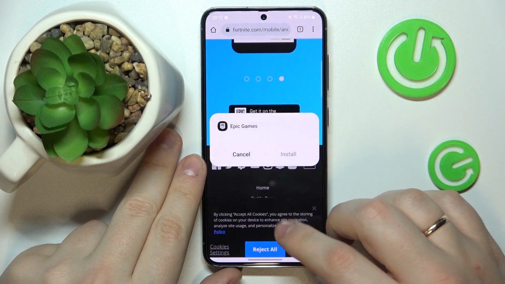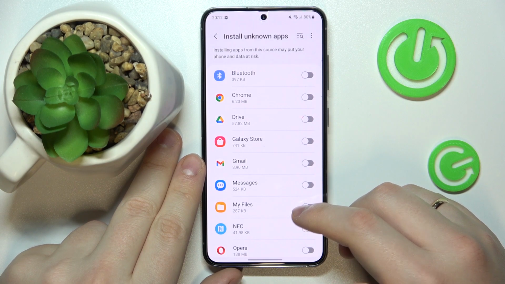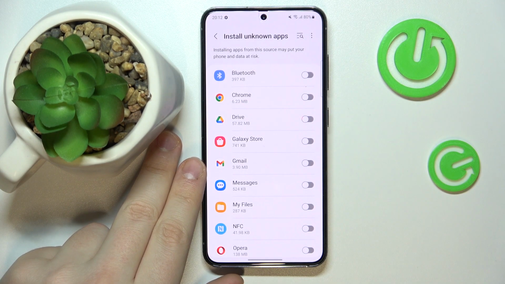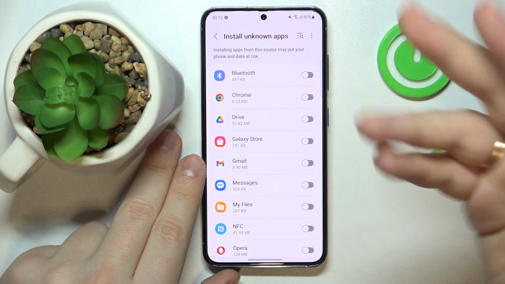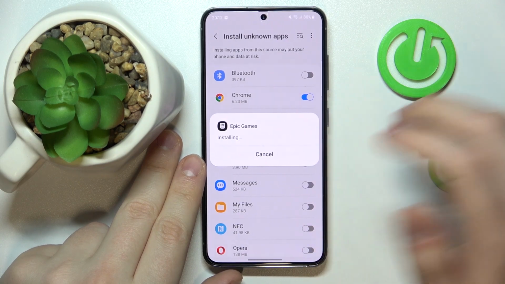In here, as you can see, in order for me to install the Epic Games launcher, it is required that I grant Chrome or any other browser that you will use in your particular case to install unknown apps, which I can do like that. Then confirm the installation,